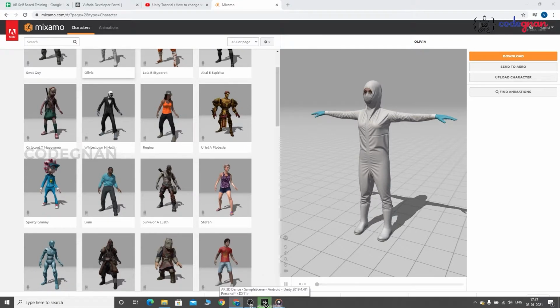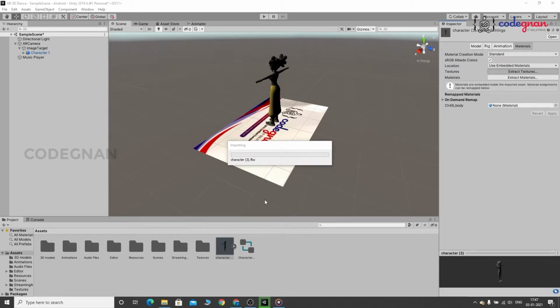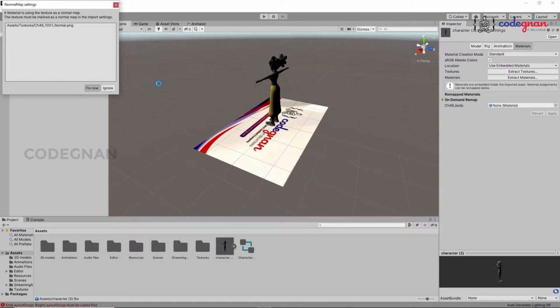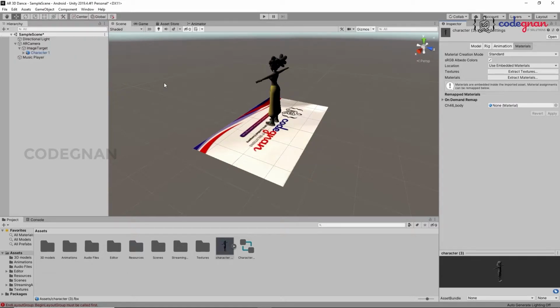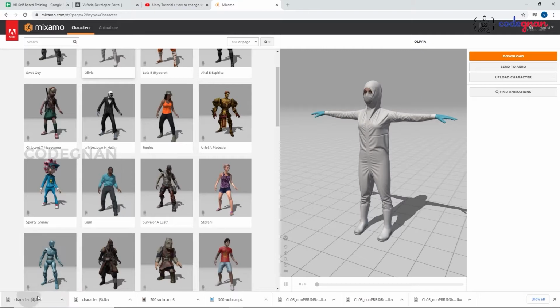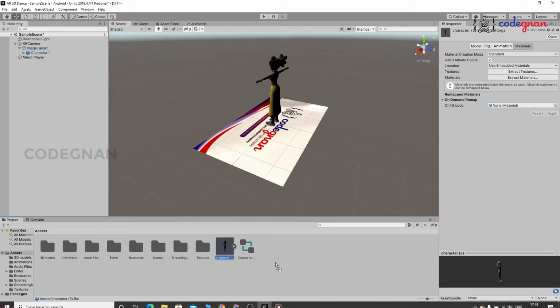I think Unity is busy now, so that's why it's not accepting. So let's check whether, yeah, click on fix now. It was done, and drag this 3D model into the Unity editor again.